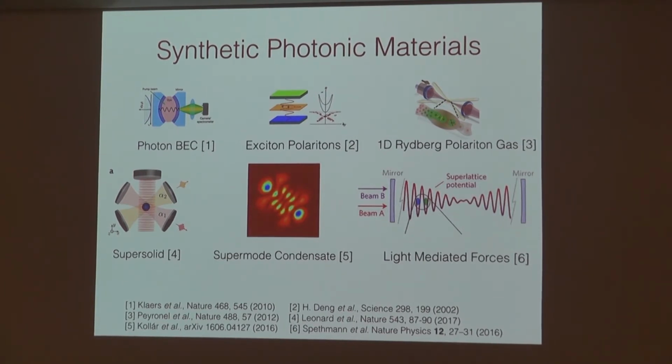You can see people make Bose-Einstein condensates out of non-interacting photons. There's mean field physics from weakly interacting photons. There's 1D strongly interacting gases. There's physics where photons mediate interactions between atoms. There's quantum optomechanics. So why are there all of these very different kinds of things that people call materials made out of light that still have very little to do with what I'm going to tell you about? The answer is that because photons move so fast,